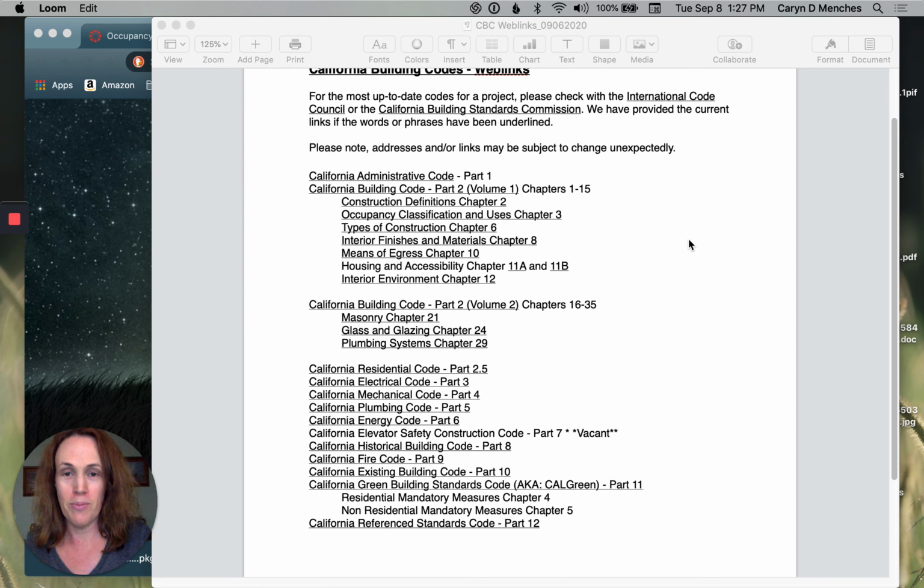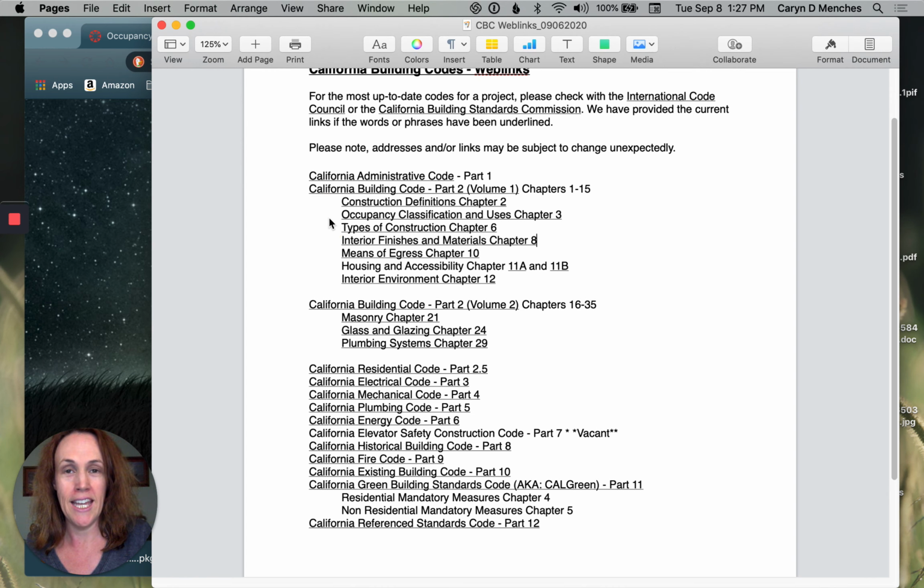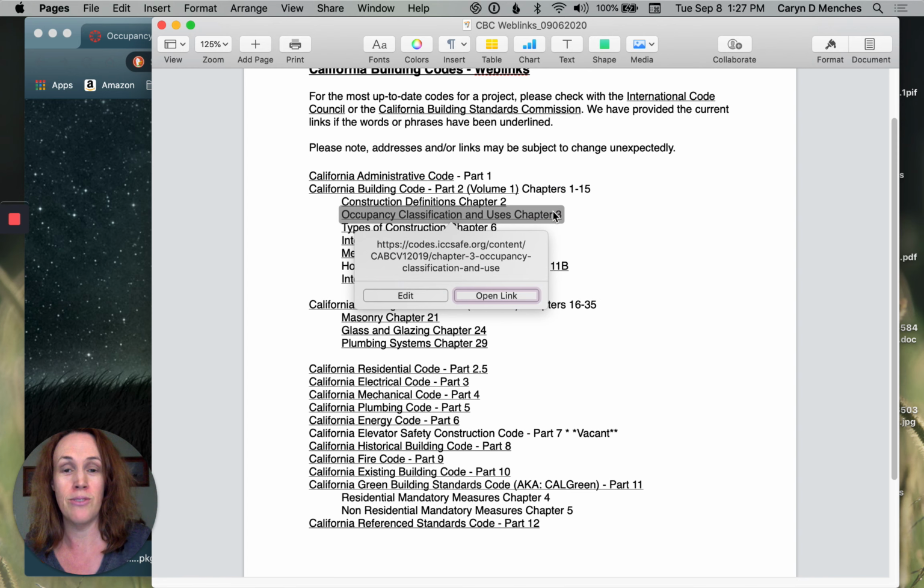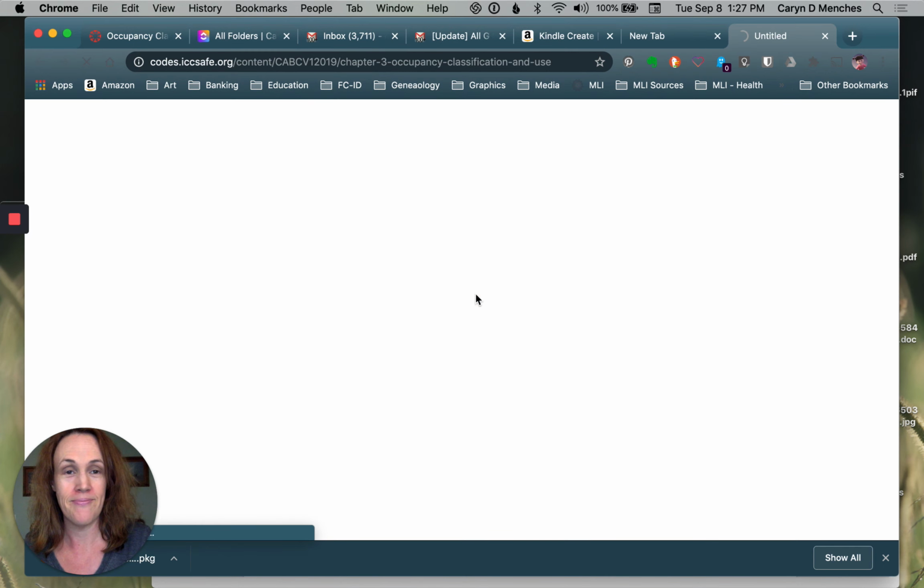So for this purpose, we're going to go to the occupancy, which is chapter 3, and you can see it right here. So I did make a PDF of this. Whatever program you're in, you should be able to just click on it and have it take you to it. I'm on a Mac, so it doesn't automatically do it. It'll say open link, should go to it,